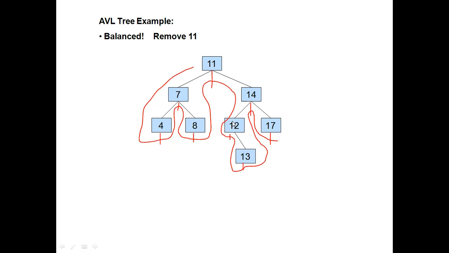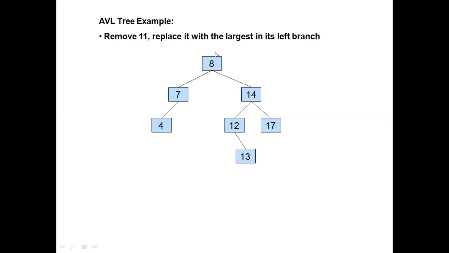In different books they have used different strategies. So these are the two ways. I am going to take this 8, you can take this 12 also. That is the rule of in order successor. I will show you by taking this 8 itself. It is not going to affect the result. So replace with the largest in its left branch, that is how we take it. This is 8, you can take this 12, it is not going to affect the result. Okay, good.